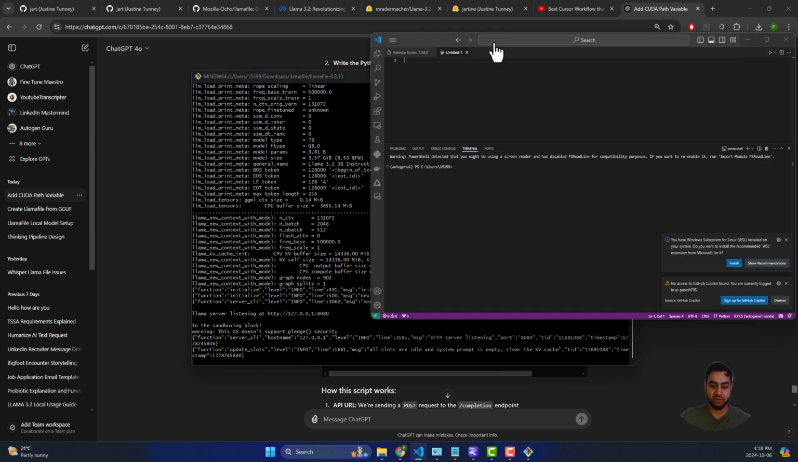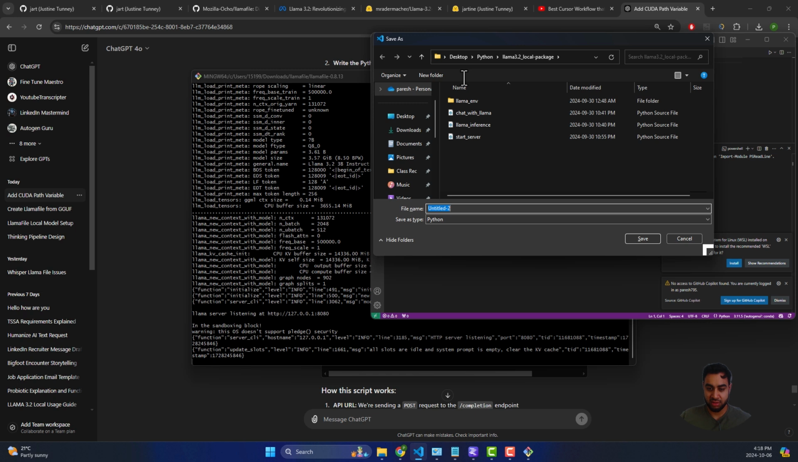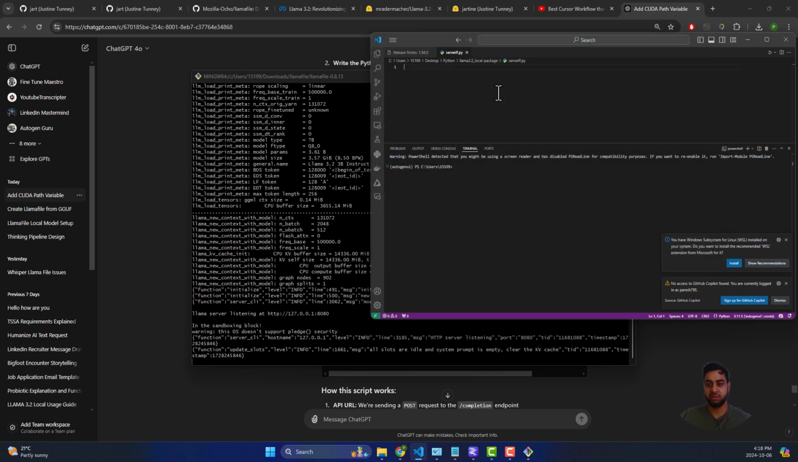So we're just going to go to IDE. I like Visual Code. Just create a new file, a Python file, and we're just going to save it. Server LlamaFile.py. Okay,